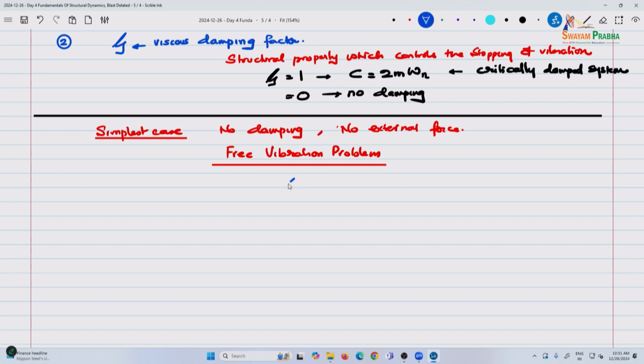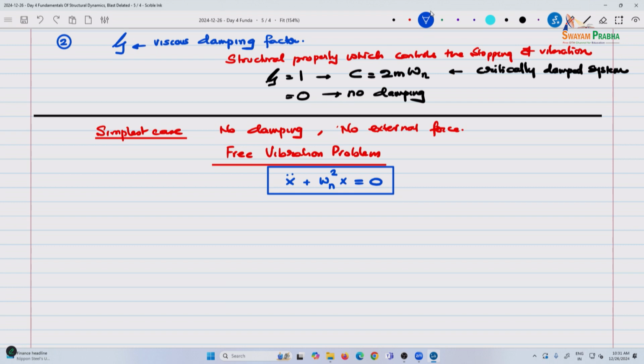What we have as a simplified equation is, if I take out, omega n square x equal to 0. Omega n itself is dependent on boundary conditions, we have seen that. So, here I am going through the solution,